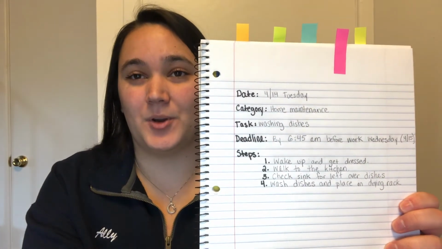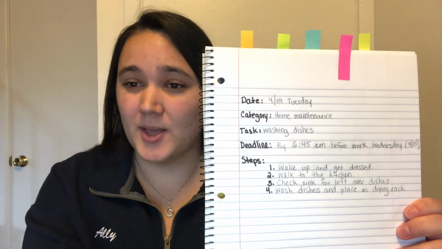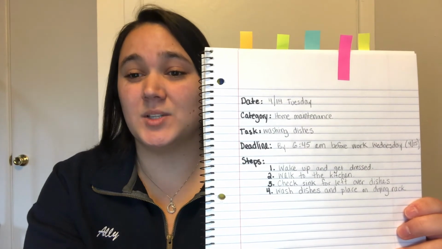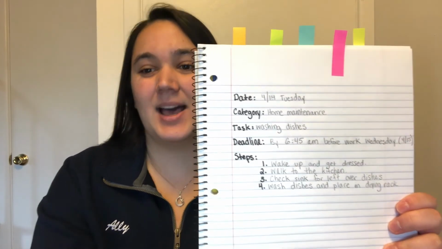Earlier in this video, we looked at a completed time chart. One of the changes that this person wanted to make was washing leftover dishes in the morning from the night prior. They wanted to save time in the evening for other meaningful tasks and activities. In order to carry out this change, they wrote in the home maintenance section of their memory notebook. Here is the home maintenance section in the memory notebook. The general format, which was from the memory guidelines page, was used to organize this home maintenance task. I will now bring it on the screen so you have a clearer picture.